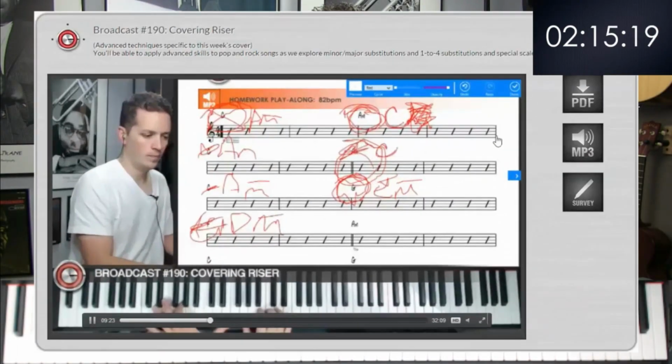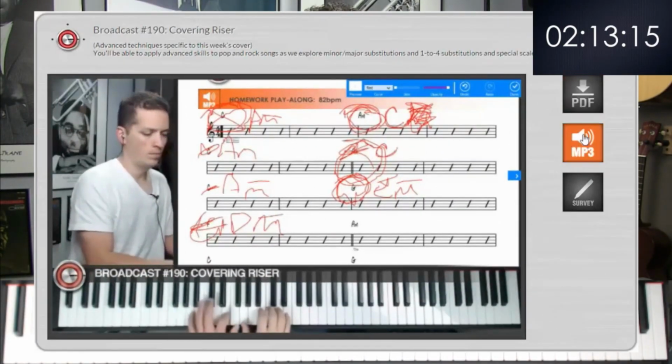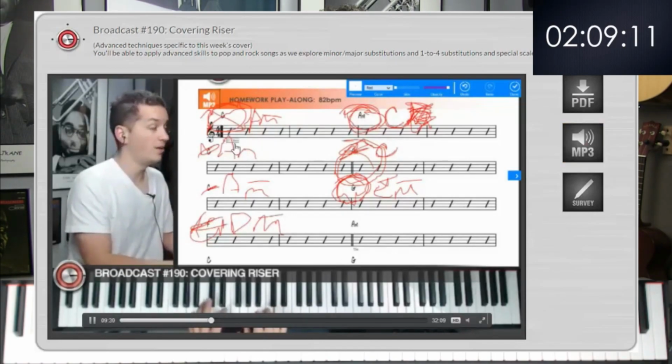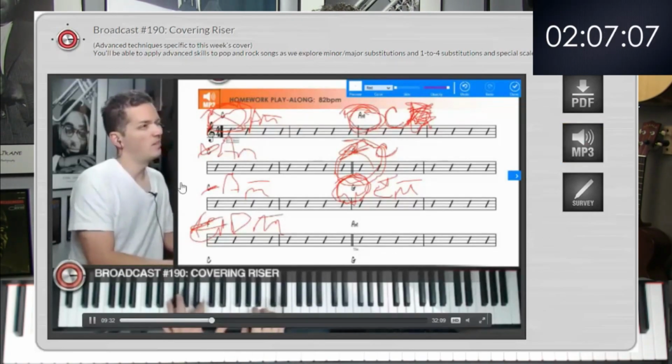Right next to this video, there should be a PDF button and an MP3 button. You don't really need those till after the lesson, because I'm going to be showing you the PDF on screen and showing you how to use it. I'll play the MP3 during the lesson too, so you know at the end of the lesson how you're going to use that. Some people like to print out the PDF ahead of time, so as I'm making notes on my version, they can make the same notes on theirs, but it works either way.